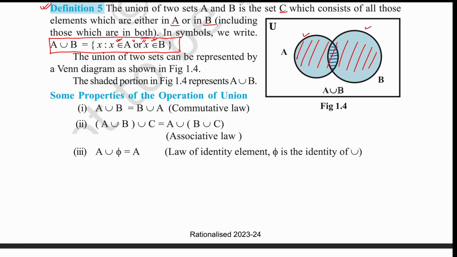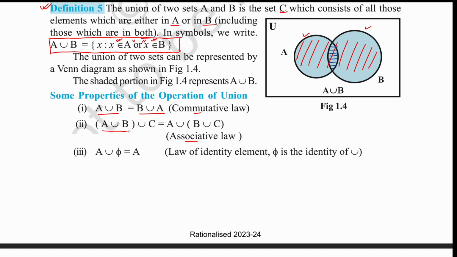Okay, now let's try to understand some properties of union, right? So the first property is the union of two sets follow commutative law. That means A union B and B union A both are going to give you the same set, right? The second is associative law. Associative law means that if you have three sets and